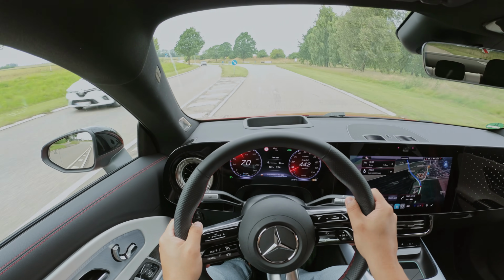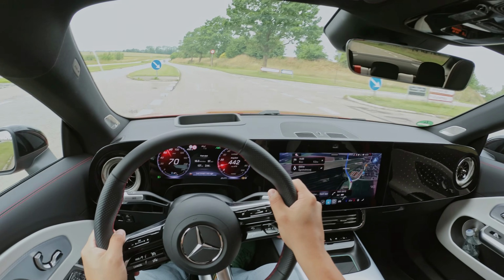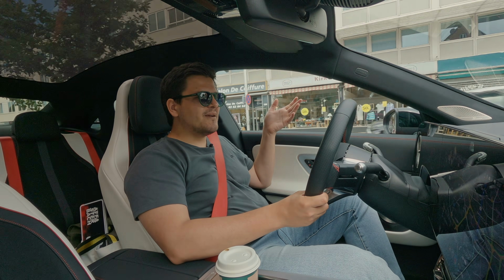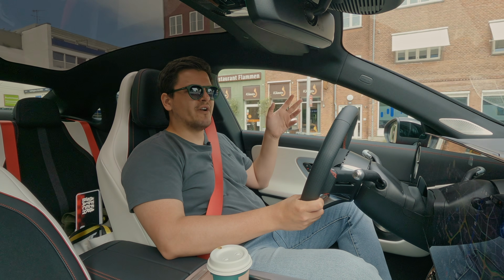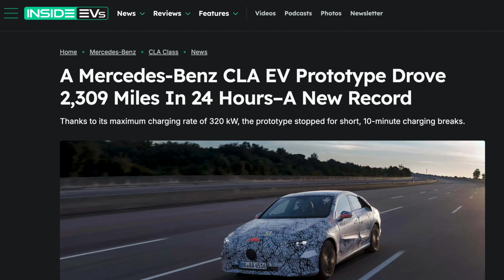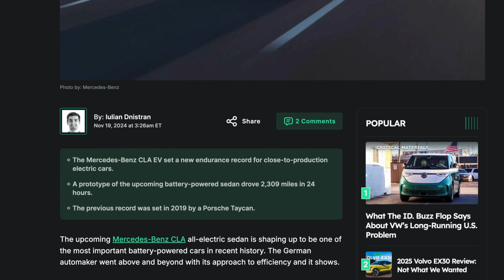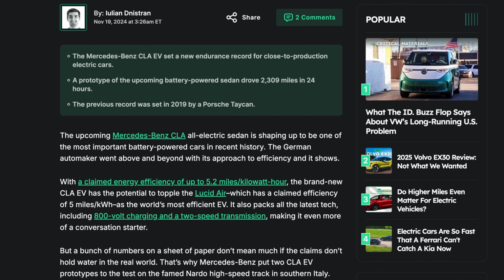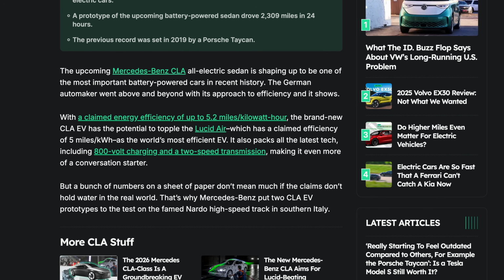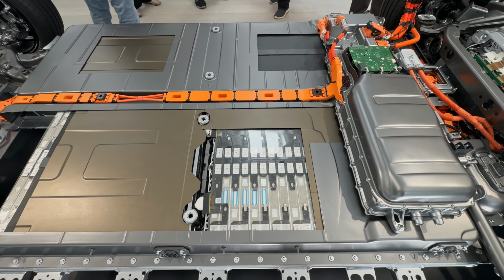So while the 792 kilometer WLTP range rating seems a bit far-fetched maybe, although Mercedes has achieved more in testing, but it was in controlled conditions and whatnot. I think this is a genuine 600 kilometer car in the real world without trying to drive it efficiently and preserve electrons. My tester with the bigger